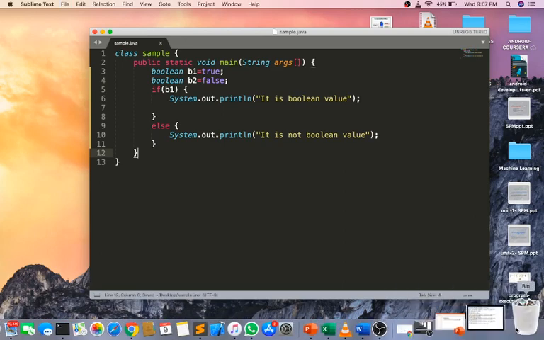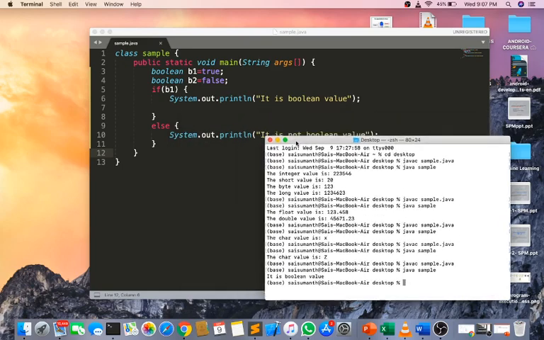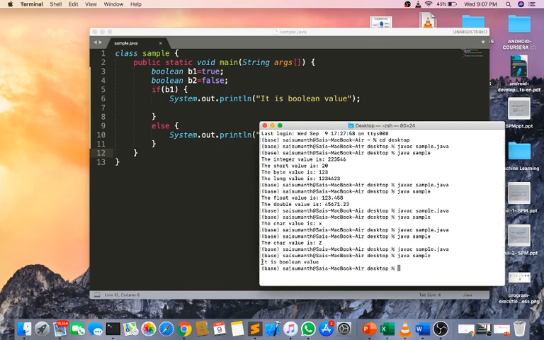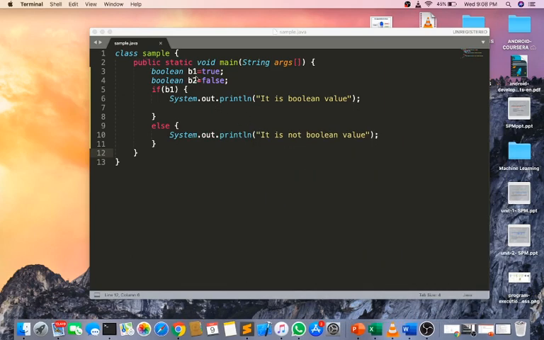Then what will be my program output? Let's see. It shows it is a boolean value. If b1 equals true, it stores b1 as 1. The if checks the condition; 1 means true.